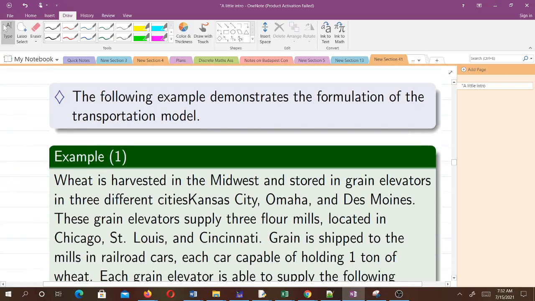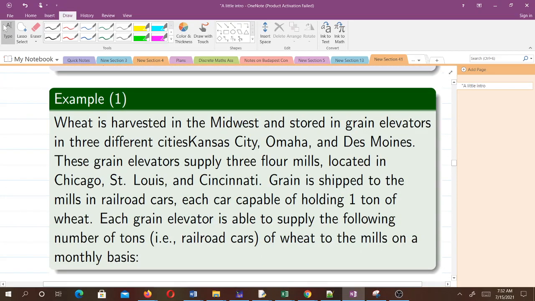Okay, so we are going to use this example to demonstrate the formulation of the transportation model. Wheat is harvested in the Midwest and stored in grain elevators in three different cities: Kansas City, Omaha, and Des Moines. These grain elevators supply three flour mills located in Chicago, St. Louis, and Cincinnati. So grain is shipped to the mills in railroad cars, each car capable of holding 1 ton